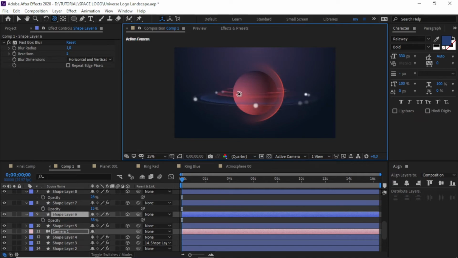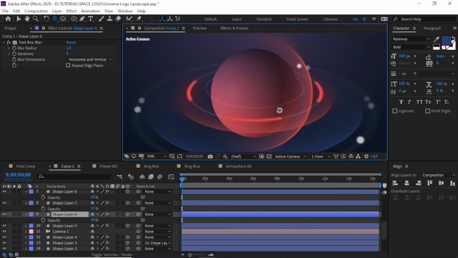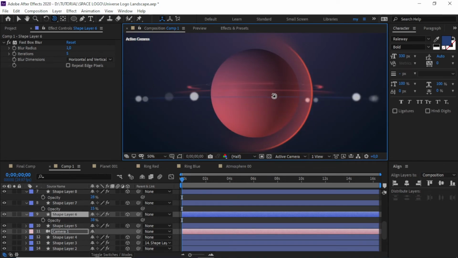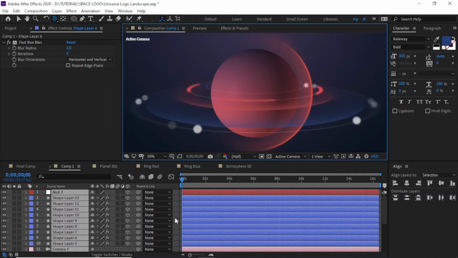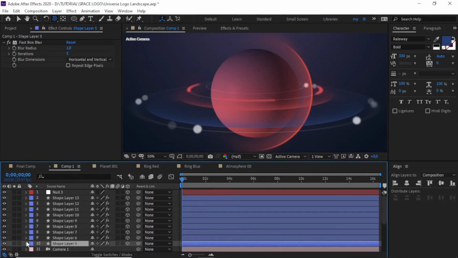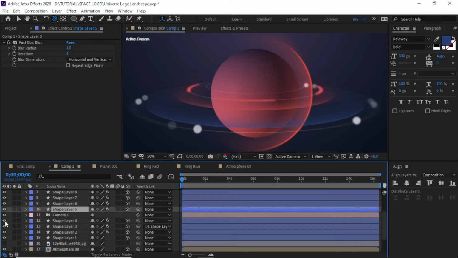As you can see, the planet looks like this. You can play around, you can create another variation for the bottom of this planet, like copy from this part. Oh no, where are you?